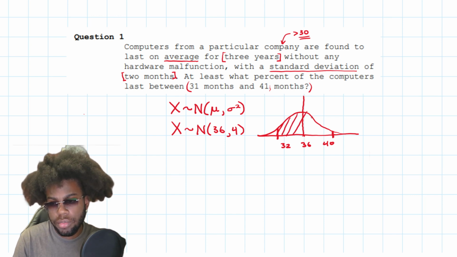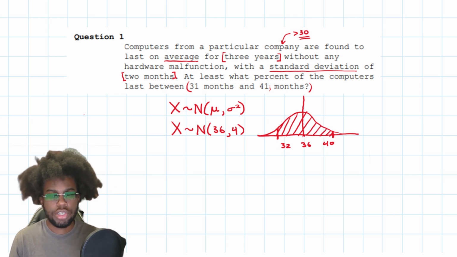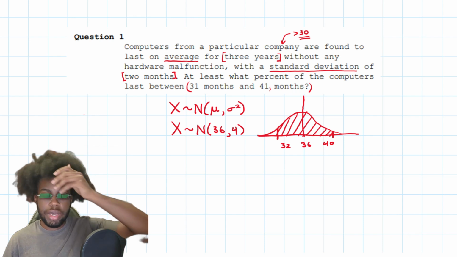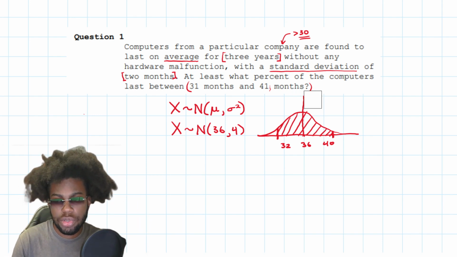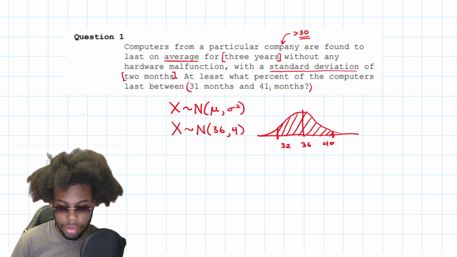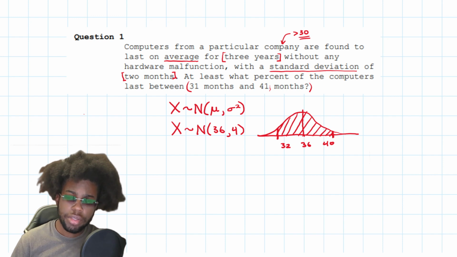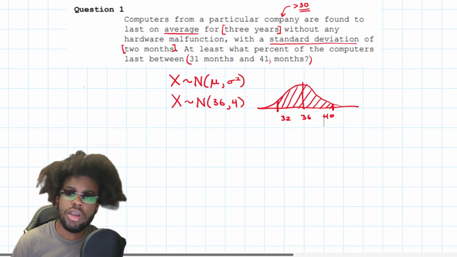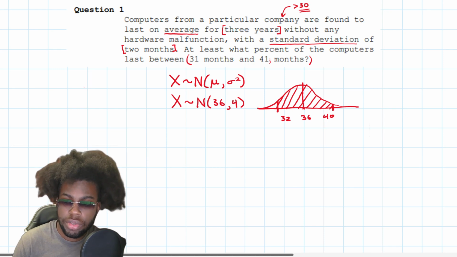What we're attempting to find here is what the area is between these 2 points only, which is the point of 31 months and the point of 41 months. This seems like a pretty simple definite integration until you look at the equation which the normal distribution is given by. It is quite a difficult integral to evaluate. However, long ago, someone evaluated a great deal of these integrals, but the catch is they evaluated it for a